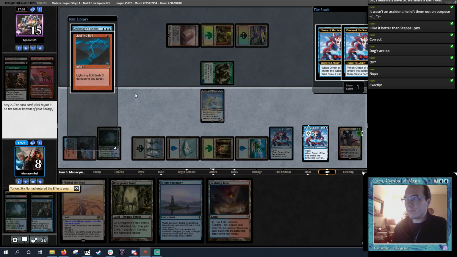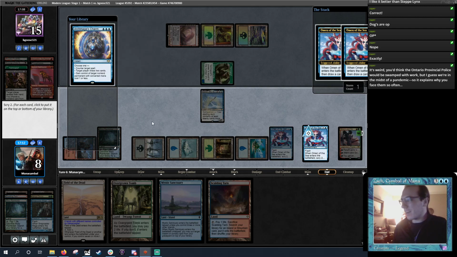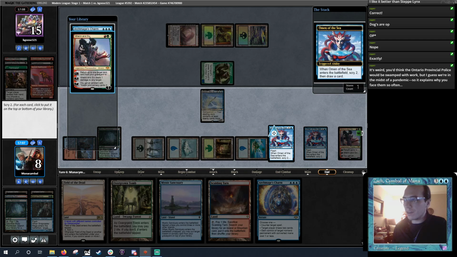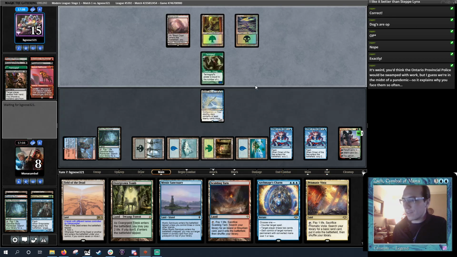Trigger. The value. I don't really need a Lightning Bolt. Archmage's Charm is... Alright, I'll draw the Charm. And then, let's see what the second one gives me. I don't want either of these cards. Bat 'em and bat 'em. Well, I would have liked to pick up a Fatal Push or a Veil of Summer as insurance, but it's